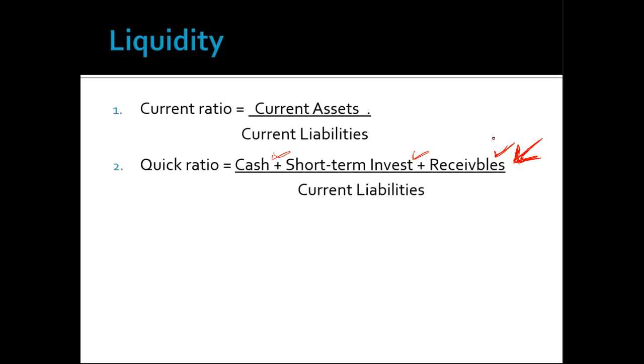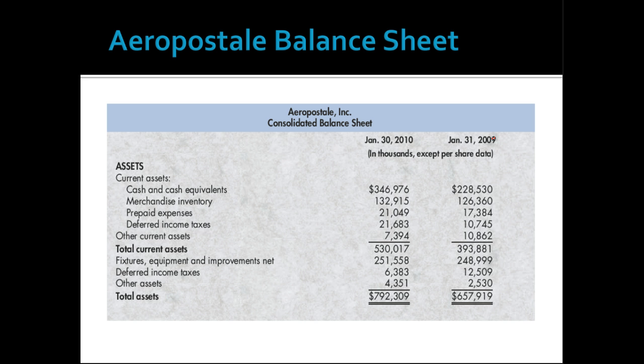So let's find the quick ratio for Aeropostale. Let's just look at 2010. Now I'm going to take cash, and notice theirs is called cash and cash equivalents. Well, often when I see something like that, I know it's possible there are some short-term, highly liquid investments included in the, quote, cash equivalents. Are there any receivables here? Yeah, I don't see any either. So we're just going to punch into our calculators